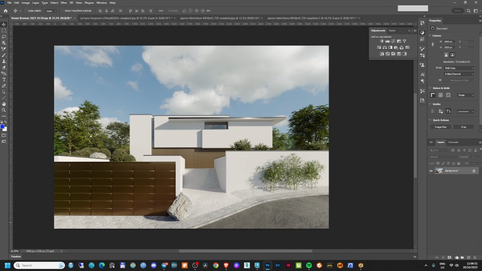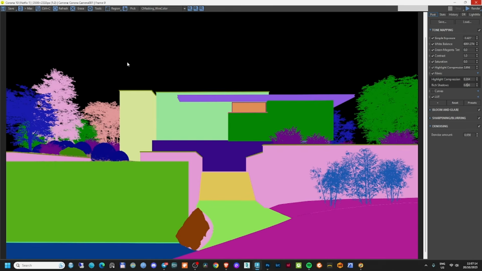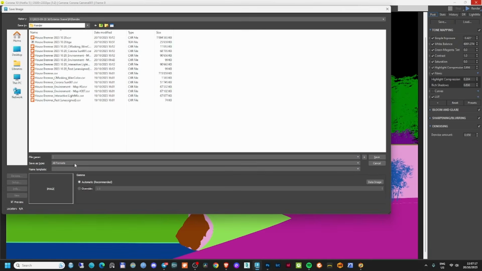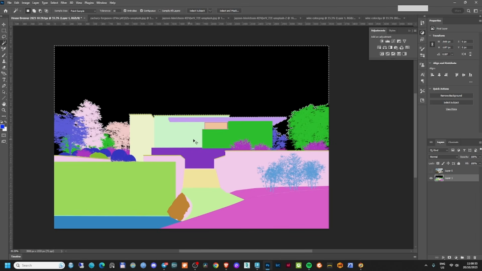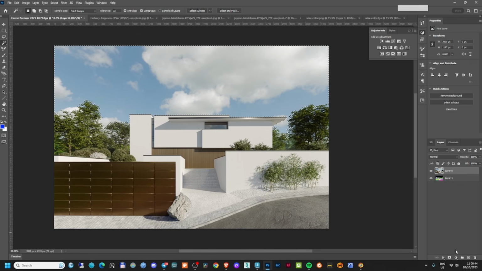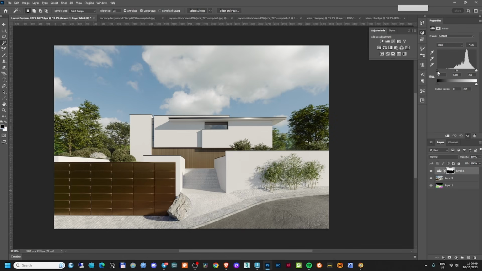What I'm going to do next is add a mask for the sky, because I would like to play a little bit with the sky. To do that, I'm just going to add the wire color. I will just save this wire color. Okay, now I can make selections with a magic wand and I can select only the background if I want to, and now I can go here and apply some levels only to that,